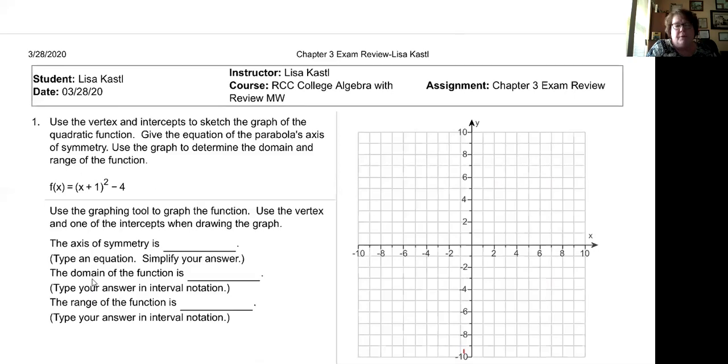Since this quadratic function is in standard form, you should be able to just look at it and determine what the vertex is, and then you can plot that point. Looking at this function, I have x plus 1 squared minus 4. So whatever number I'm subtracting from the x is the x coordinate of my vertex. Since I have plus 1 there, I'm actually subtracting negative 1. So the x coordinate of my vertex